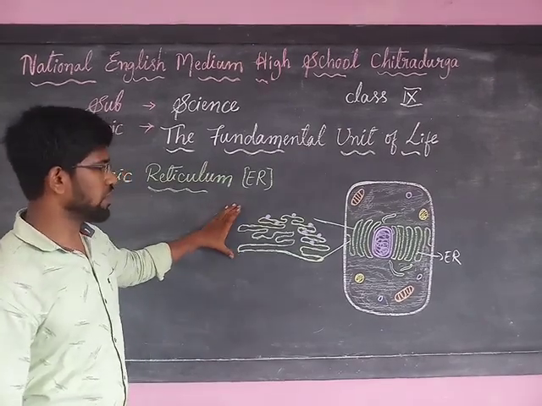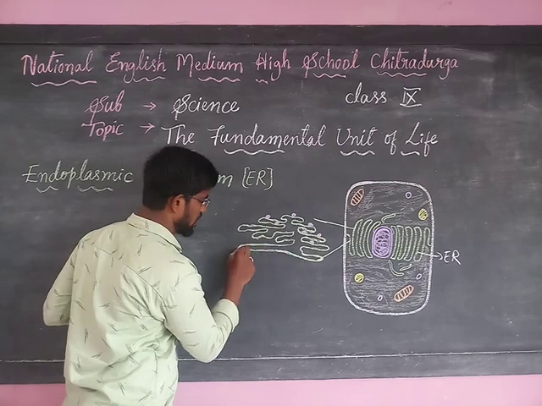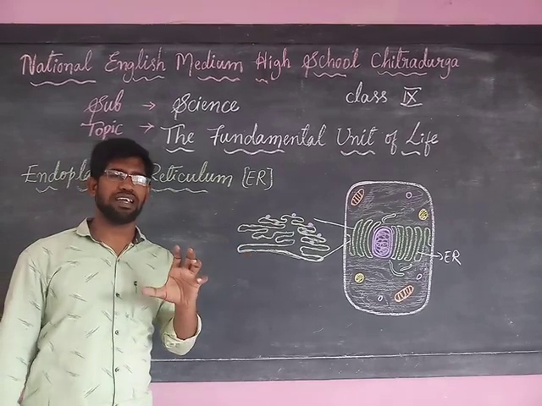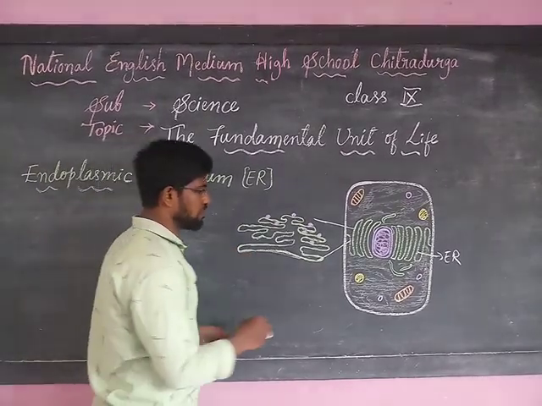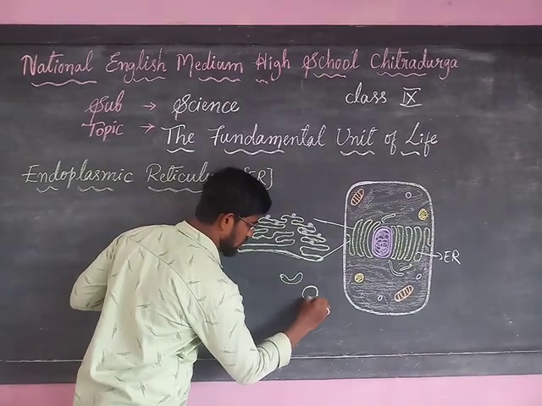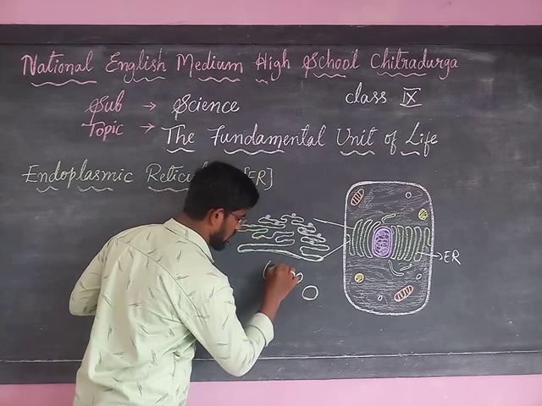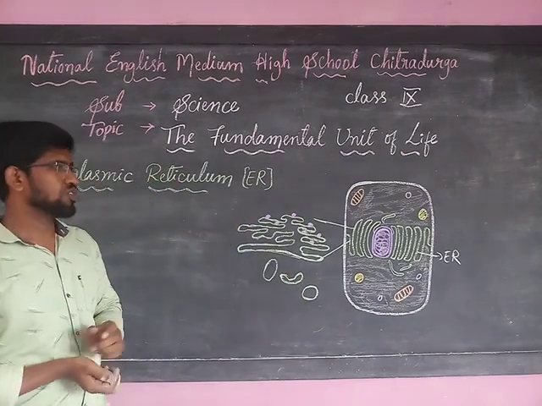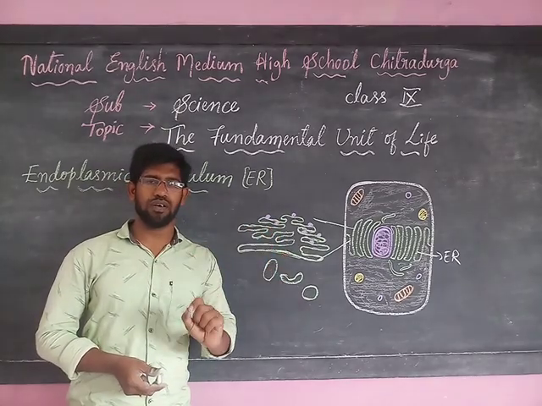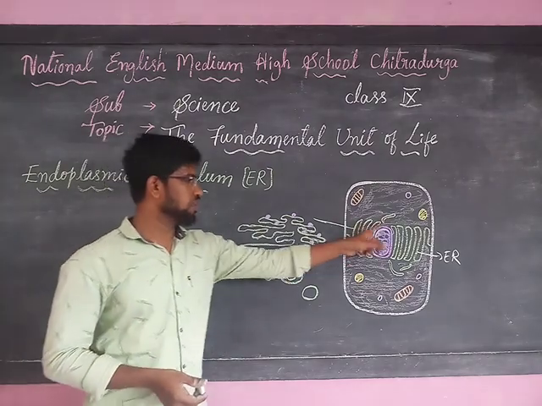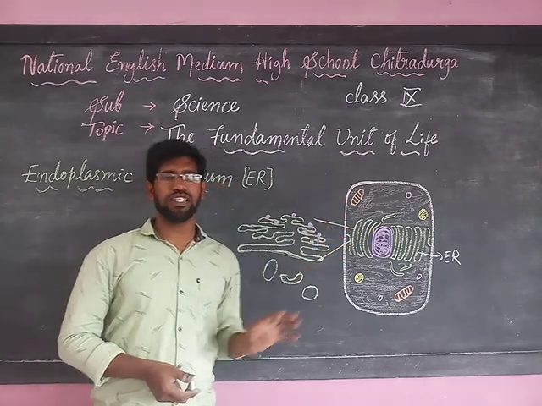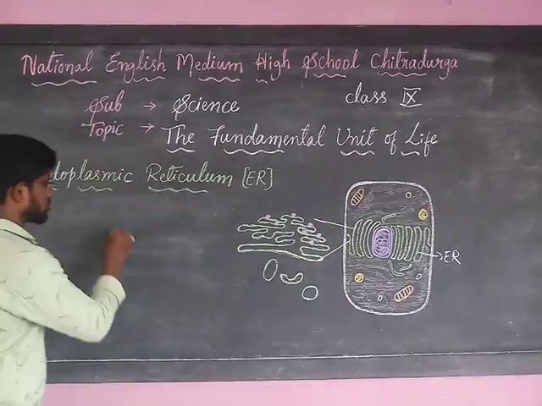It also looks like long tubes and round or oblong bag-like structures. You can see that one round. Sometimes it looks like round bags, oblong bags, or sometimes like these bags. Understood? So overall, this endoplasmic reticulum is one of the membrane bound organelles which attaches to the nuclear membrane of a nucleus. Understood? This endoplasmic reticulum is generally of two types.